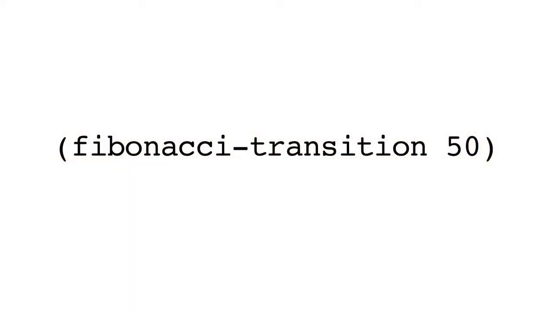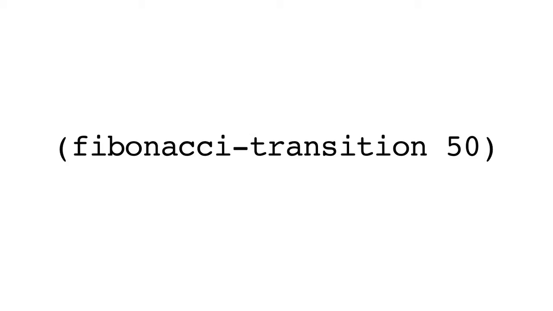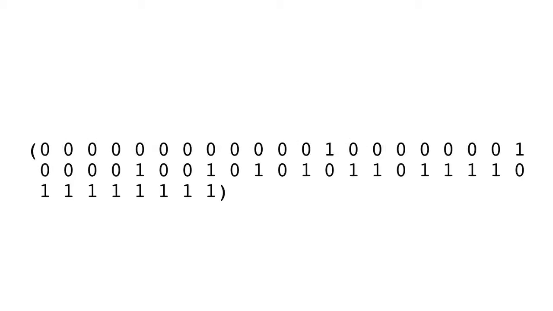So if we just look at the first function, Fibonacci transition in singular, we transition here only between two items. The function can be called with 1 or 3 arguments. If one argument, we transition from 0 to 1 in a list length of n. That's the first argument. So if we call Fibonacci transition with the argument 50, we get a list of 50 numbers, all of which are zeros and ones, but we transition gradually from 0 to 1 over the course of